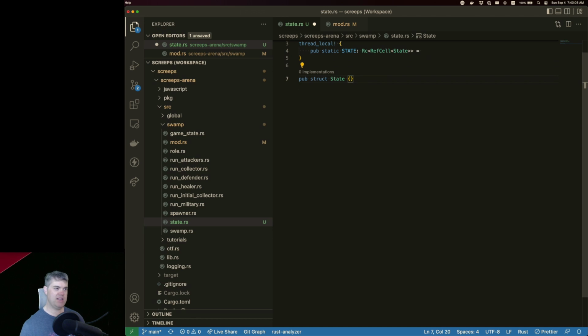All right, so let's say I have... let's implement default on these. That might make sense. Let's implement default. So derive default. Okay, so RC